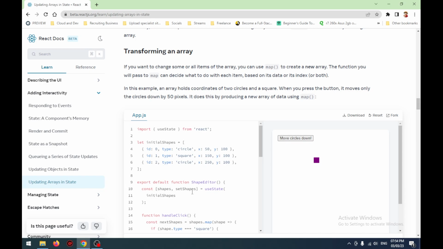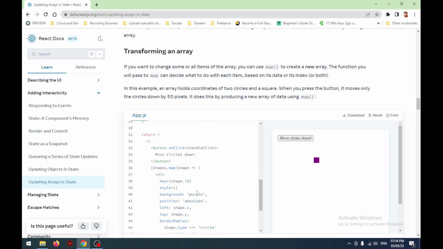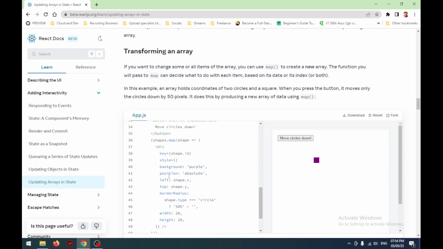So on click move down circle, shape is equal to circle,